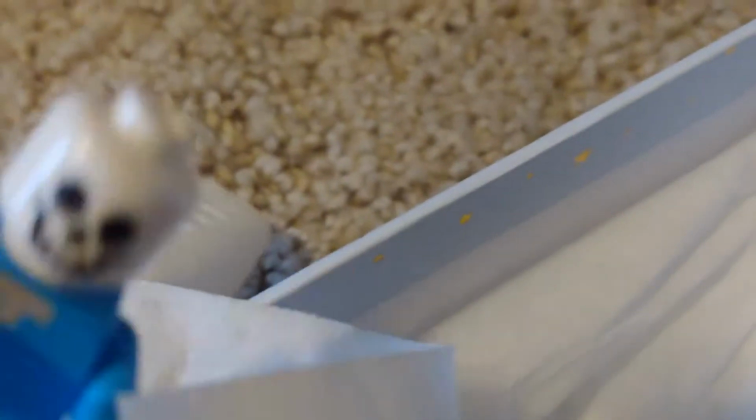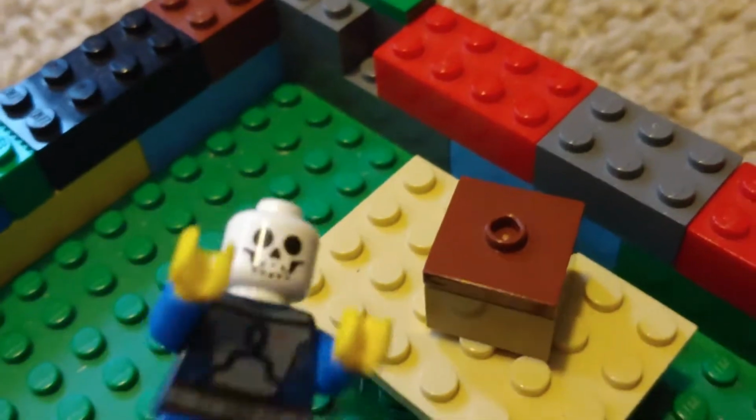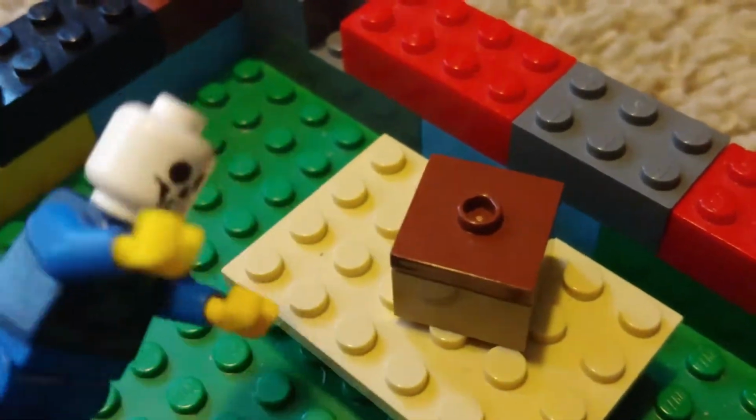But, I mean, I already committed to it, so we're going to do it. I'm debating whether or not to put this other blanket on, but I don't think it'll fit. We're already limited on space to begin with, and I don't want to be filling the whole thing up with blankets. So while Bones is working on setting up the fort and making it more comfortable, I'm gonna grab